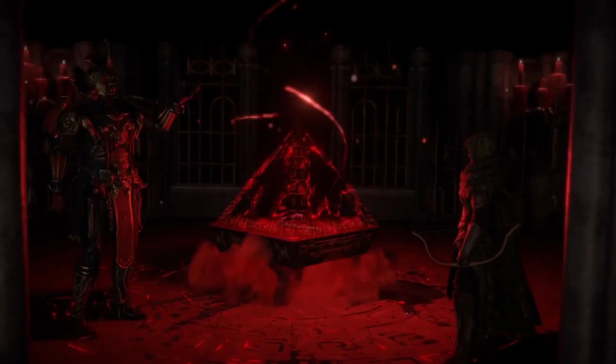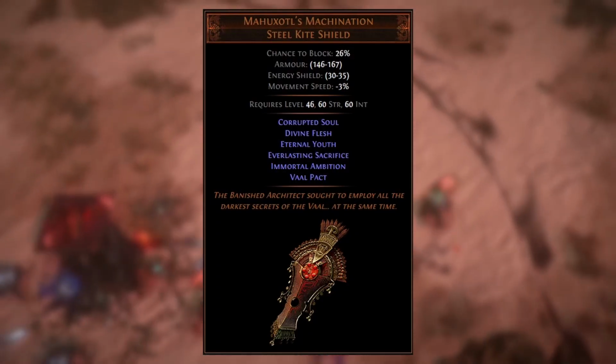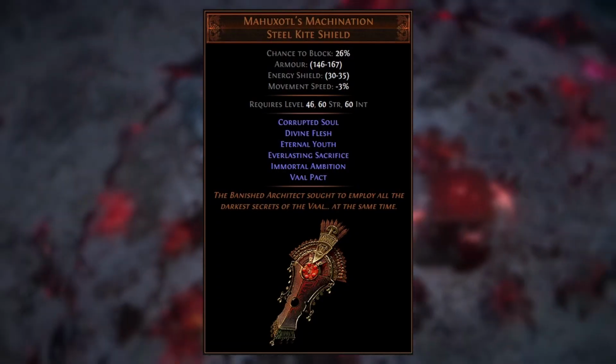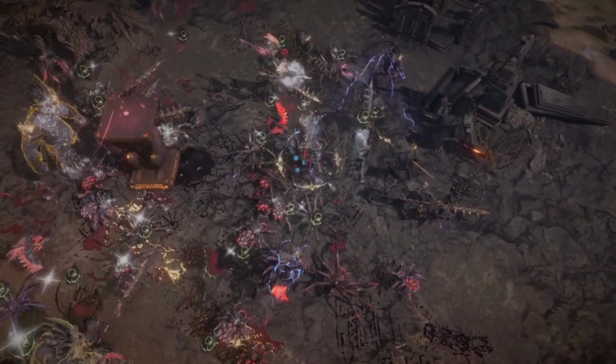Hello guys and welcome to another video, and this one is going to be a bit of a deep dive on the Mahuxotl's Machination unique shield. This is probably one of the most complex unique items in the game with all of the combinations of keystone modifiers that it grants. And I was going to do this video much sooner, but I wanted to wait until